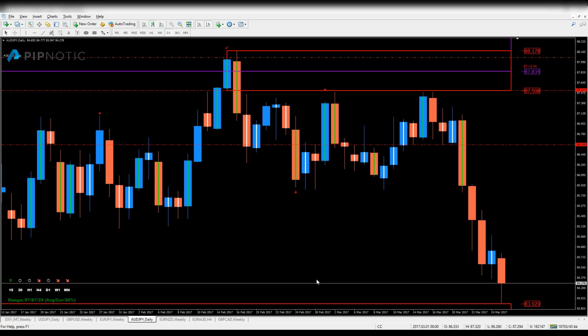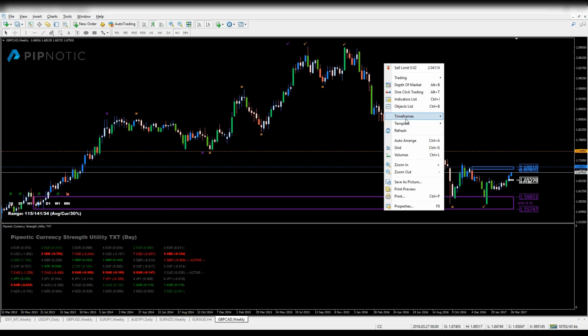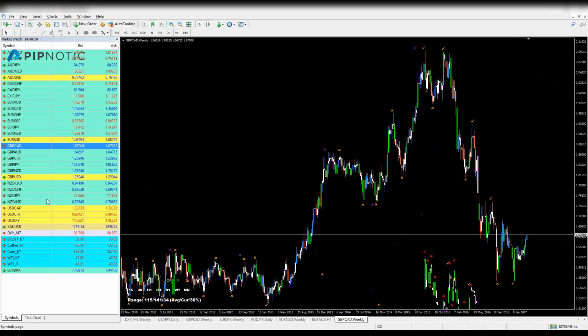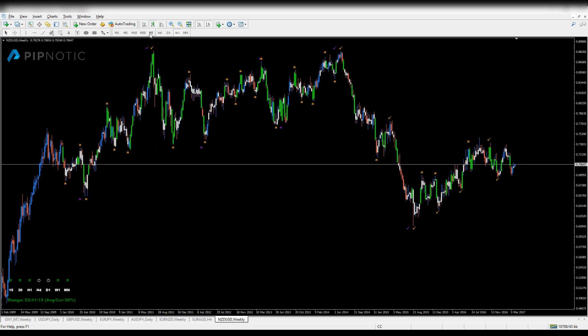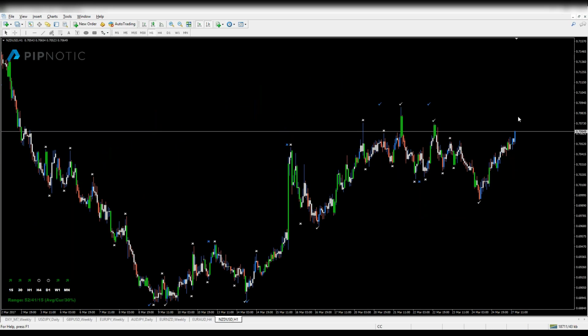And so that's a really important question to ask. If we grab just a random pair, let's say the Kiwi, that's a nice pair, and you're on the hourly chart, you think, should I be buying or selling? Well, I should be buying because it looks like price is going higher, right? If you go to the monthly chart,